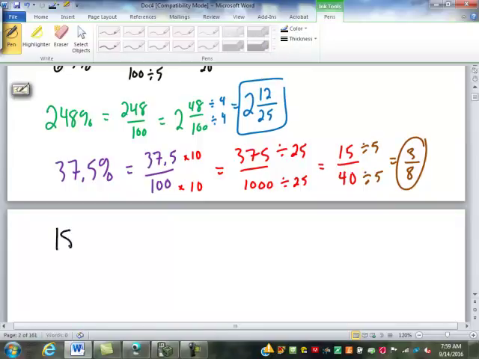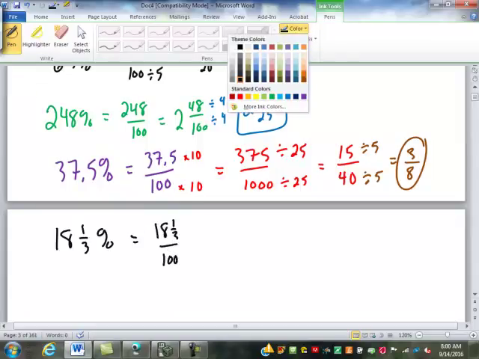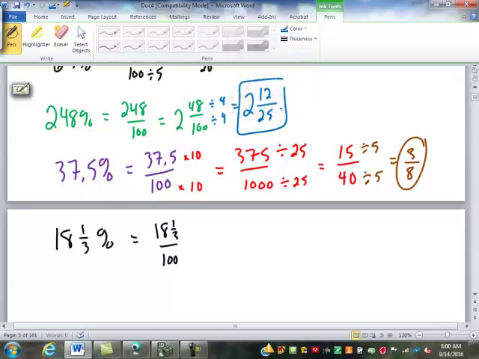How about 18 1/3%? Well, that is 18 1/3 over 100. Just like we don't like having decimals within our fractions, we don't like having fractions within our fractions either. So we've got two choices. One is we can just multiply by the denominator and make the fraction part go away. So this has a denominator of 3. If I multiplied by 3, the fraction would go away. So I multiply by 3 on top and bottom. 100 times 3, of course, is 300. 18 1/3 times 3